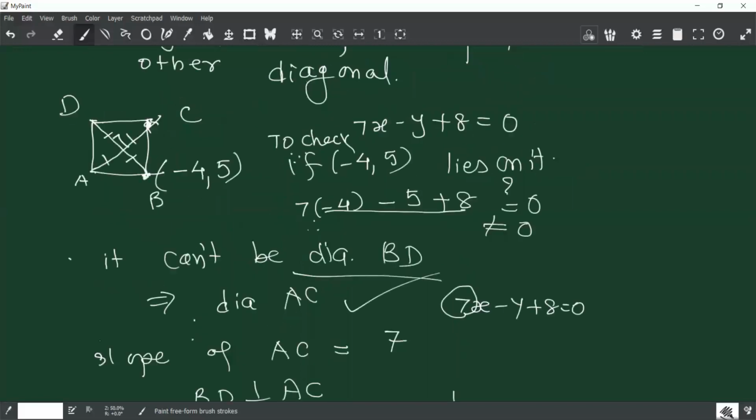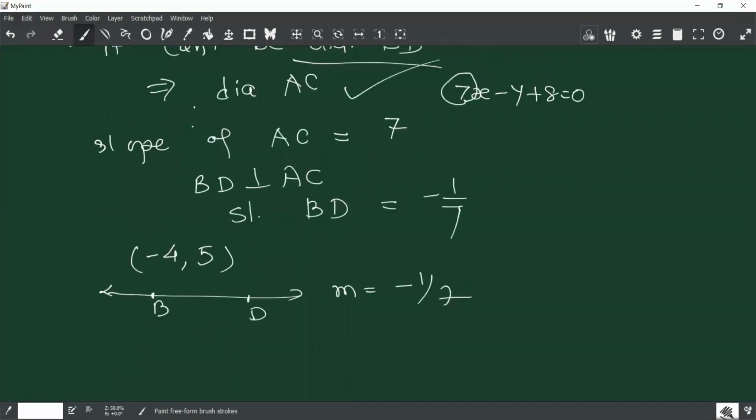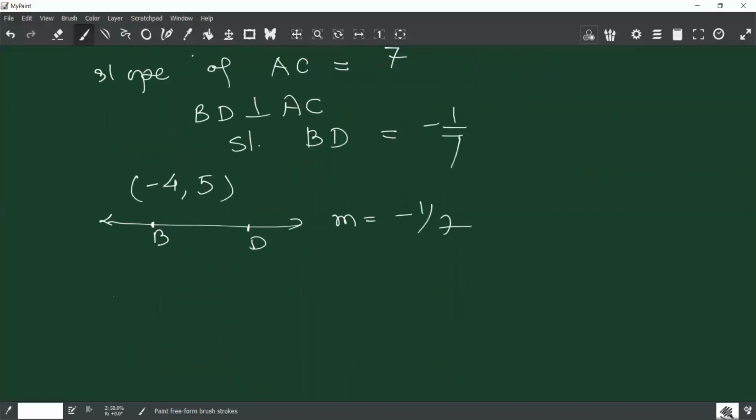Should I show you the figure? You understand? मतलब BD है ये, अगर मैं अभी just showing you BD जिसका slope है -1/7 and it is passing through B, whose coordinates are given to you, -4,5. ये x1 y1 बनाए, so you can get equation of this, correct? y minus y1 is equal to slope into bracket x minus x1. Everybody got it?